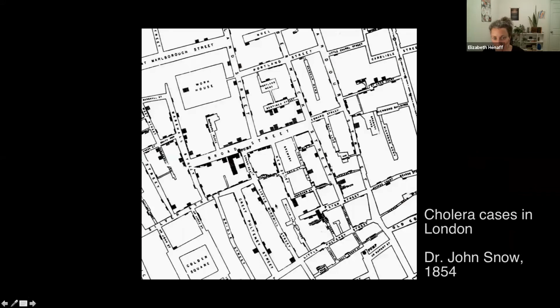So, we made microbial maps of New York City, but this was a map made in London during the cholera outbreak, where Dr. John Snow identified all the houses that had a case, and using this data visualization was able to identify that all of these houses shared the use of a particular well, and by closing that well, was able to curtail the epidemic.